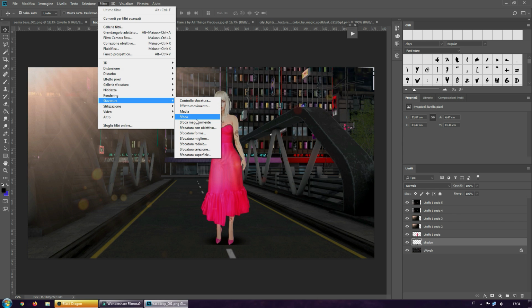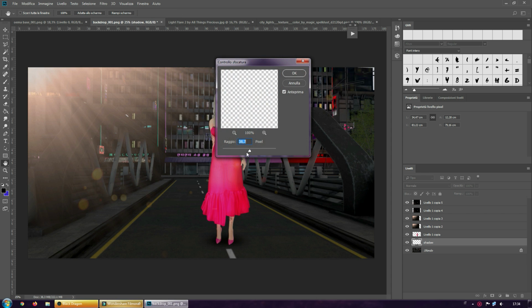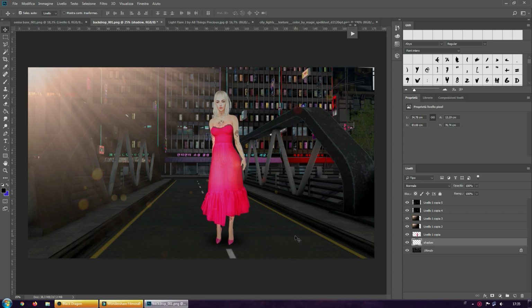Okay, another important thing to do to this layer is to go to filter, and go to blur, and Gaussian blur. For example, you can also try 30. Like you see, it's much more natural in this way. Your shadow at 40%. It's really nice, 40%. Okay, it's much more natural,